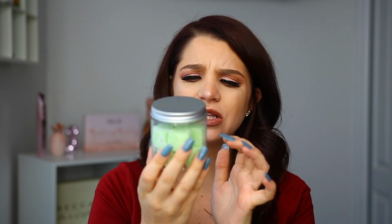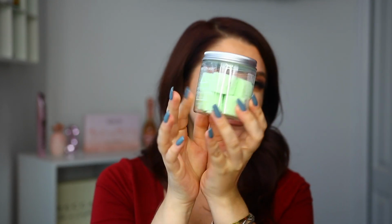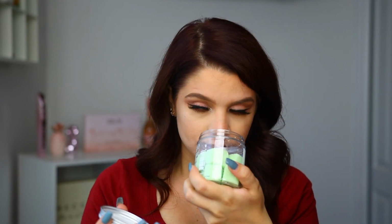There, it looks like you get 8 of them inside of here, so it's not that many, but let's see how they smell. They smell really good. I'll have to try these out when I take my next bath. I've been taking more baths lately. I am not a bath person. I really don't like taking baths,